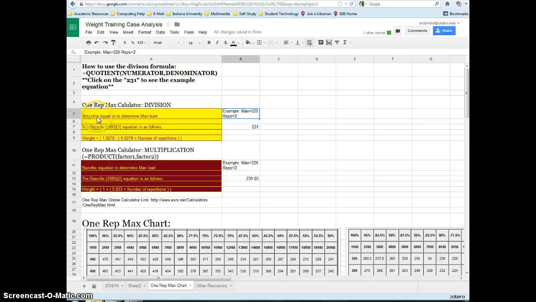The Brzycki equation, which is right here. What you do is you divide the weight that you're doing by these numbers, and then multiply by the number of reps. And how it works in Google Sheets is that you take QUOTIENT in capitalized letters, parentheses, and then you put